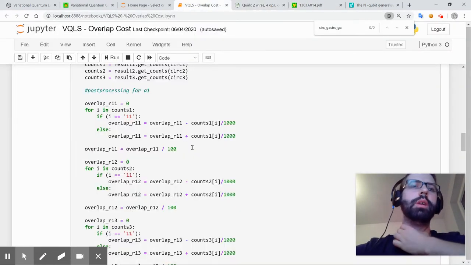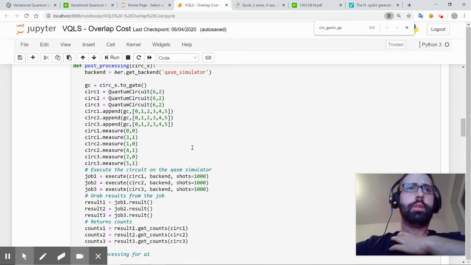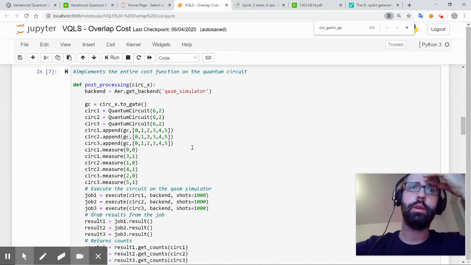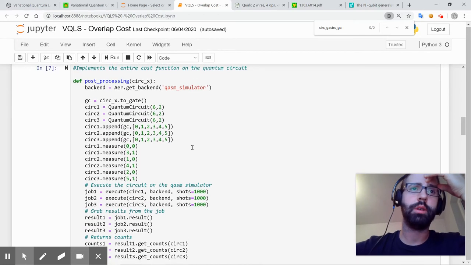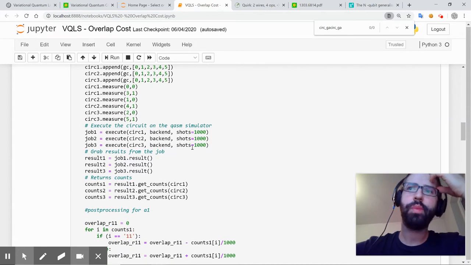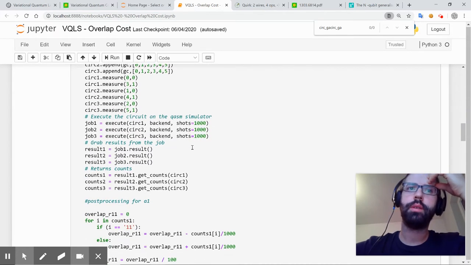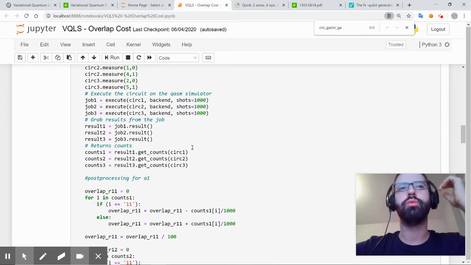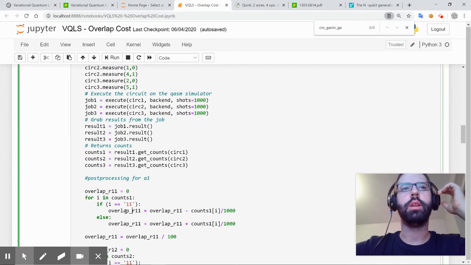So what am I doing here? I'm preparing the 3 different circuits because we're measuring 3 pairs of qubits. And then, okay, I think I might be doing this wrong. As in, like, calculating this for each of the